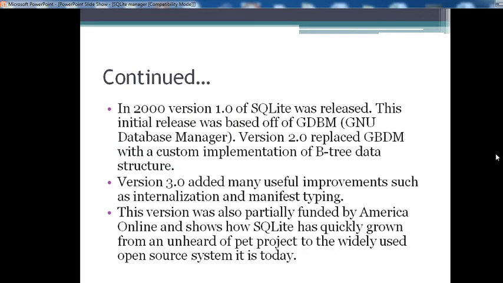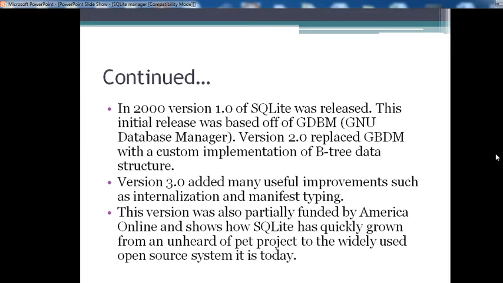In 2000, version 1.0 of SQLite was released. This initial release was based on GDBM, that is GNU Database Manager. Version 2.0 replaced GDBM with a custom implementation of the B-tree data structure.